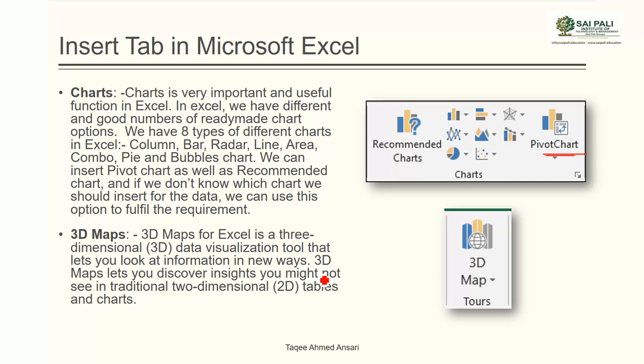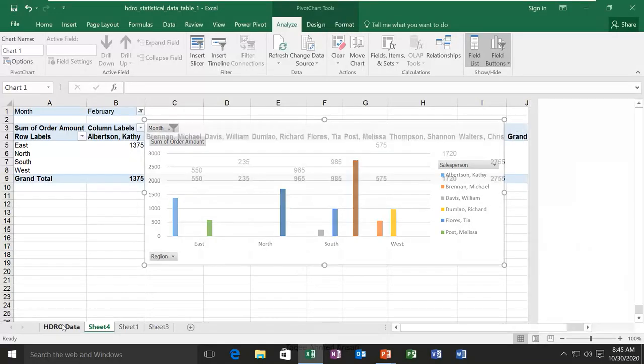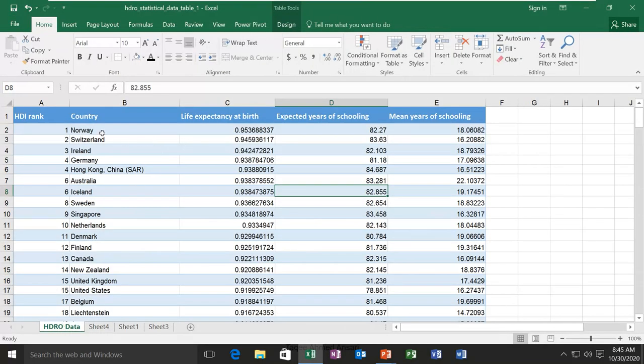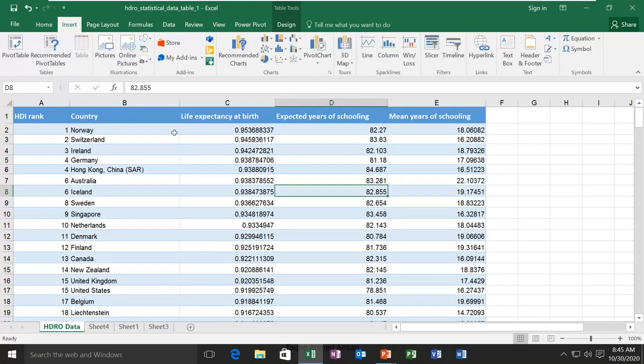Here in this data, based on the country, I have these different indicators, like life expectancy at birth, expected years of schooling, mean years of schooling. So it is showing country-wise data, and in this kind of data I can use the 3D map.